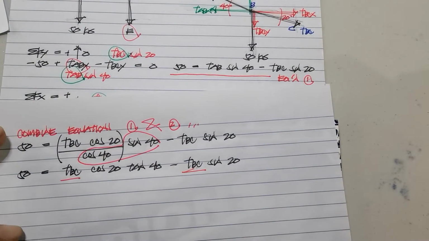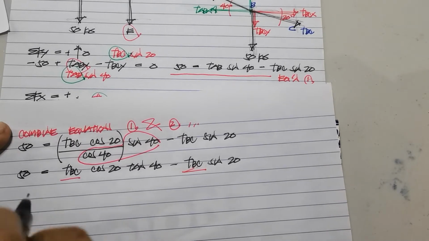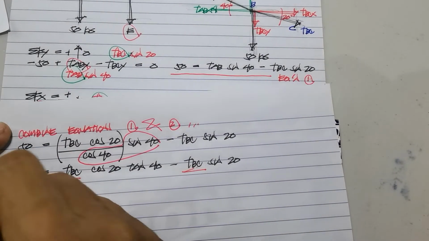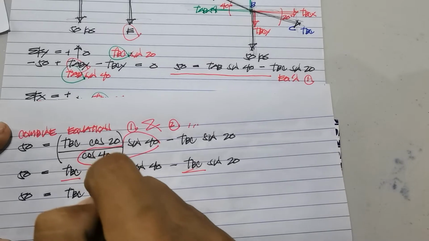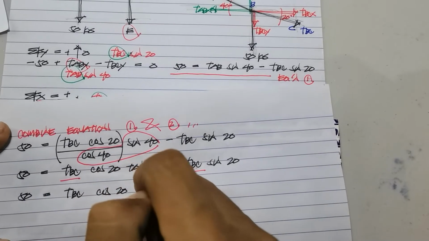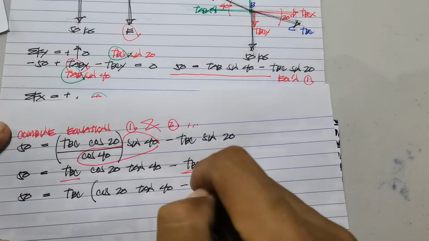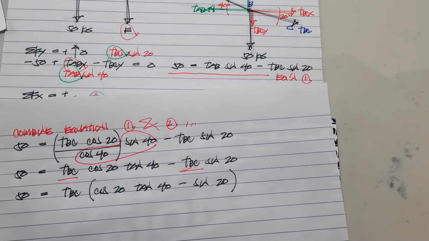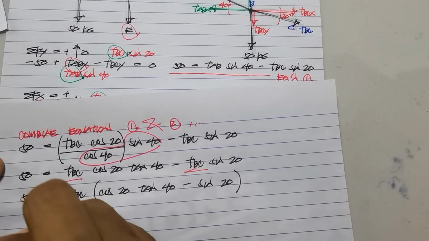So, meaning, kung ifa-factor out natin yung TBC, it is possible na ma-obtain natin yung value ng TBC. So, yeah, 50 equals TBC times cosine ng 20 tangent ng 40 minus sine ng 20. So in this case, pwede na natin ngayon kuhanin yung value ng tension on the part of